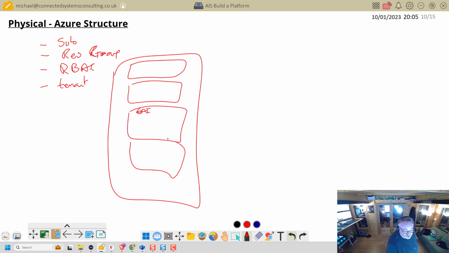You might have a scenario where you've got EAI dev, EAI UAT, a resource group per environment. Or you might have a customer who has a dedicated subscription just for integration. You might have a partner who has a subscription that you use, and there's all sorts